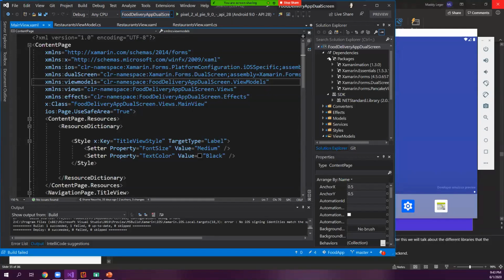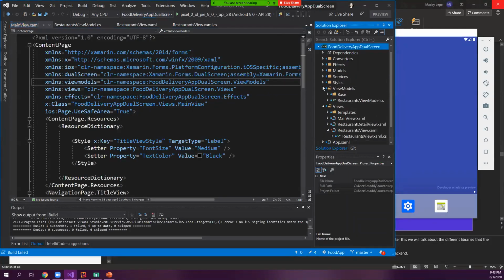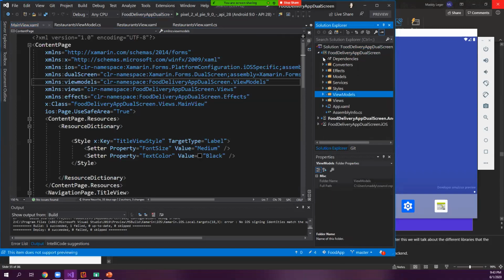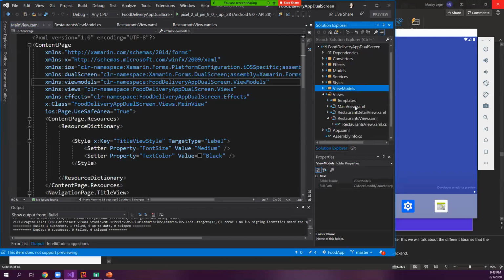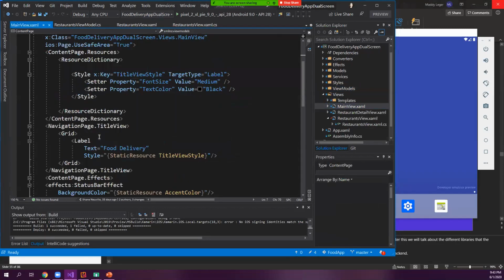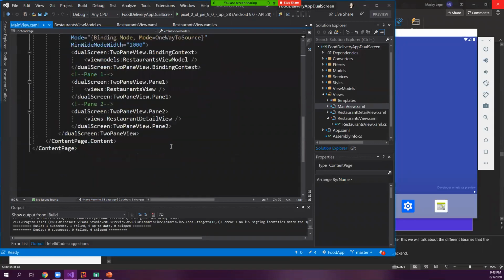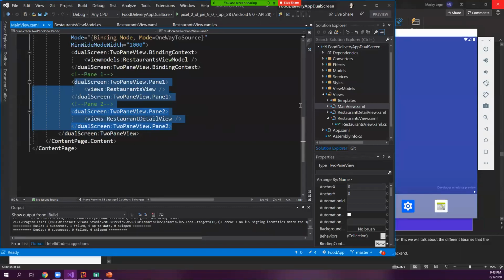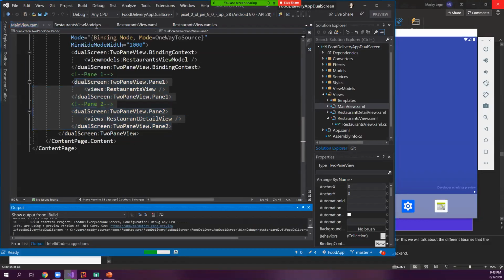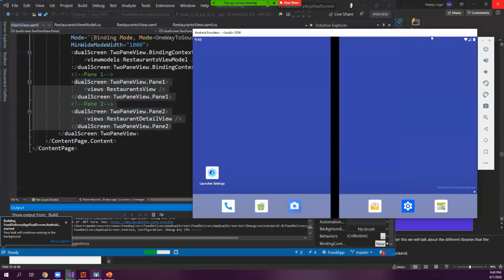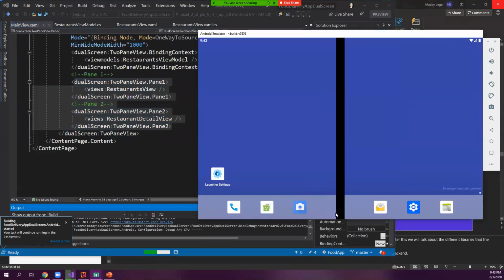And this is, again, a Xamarin.Forms app. So all the code lives up in this .NET Standard project right here. It's an MVVM app. And the views are all based on this main view, which is where we say, hey, there's going to be 2 panes. You don't really have to get too much into this. This is more detail than you need for an intro to Xamarin. But we have these 2 pages, 2 screens, restaurants view, restaurant detail view. So I'm going to run this, and that goes into these things. Give it a second.